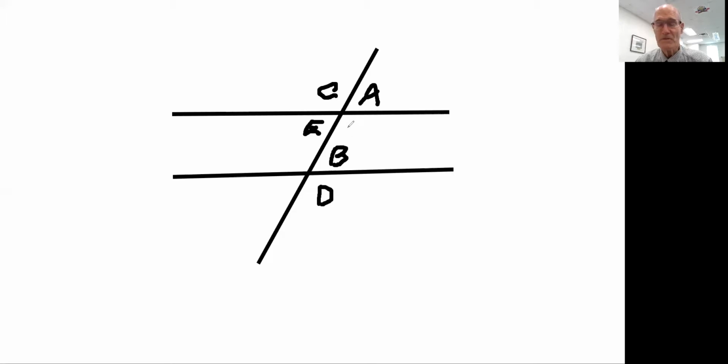And then the next one would be, if we put angle F right in here, you know that F and B are consecutive interior angles, and if the sum of their measures is equal to 180, once again, then we have a theorem that says that the lines will be parallel. And the final thing says that if I take this line right here, let's see if I can take this line